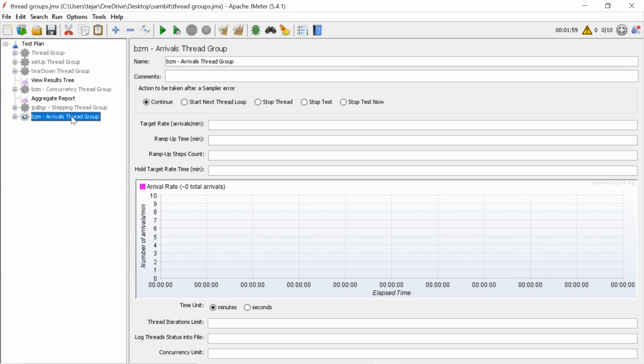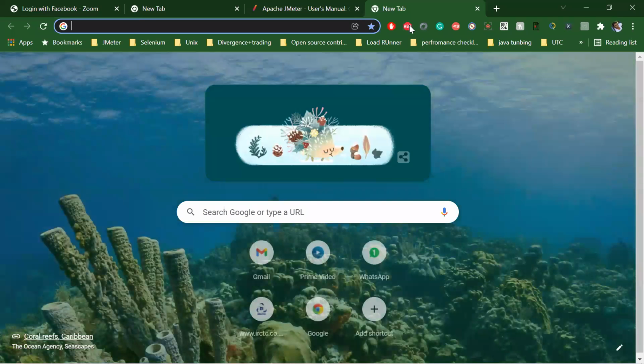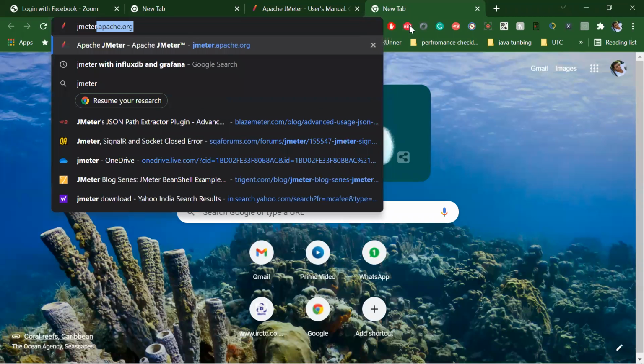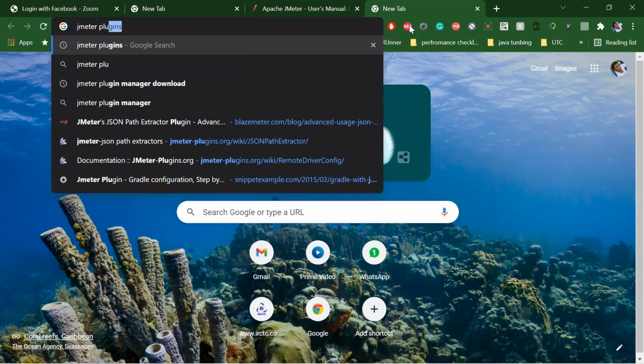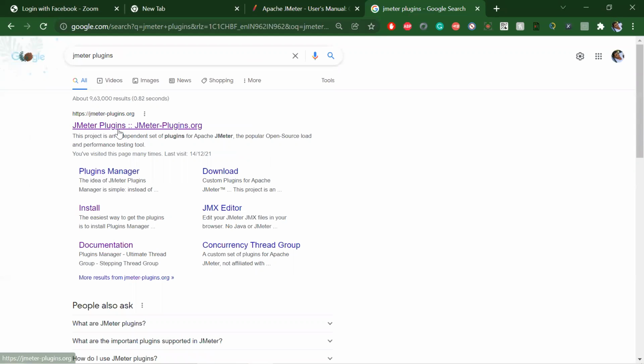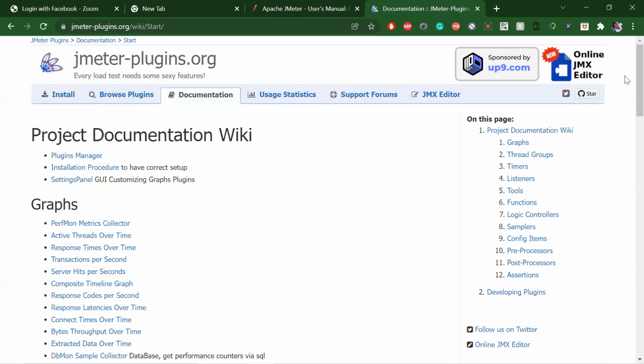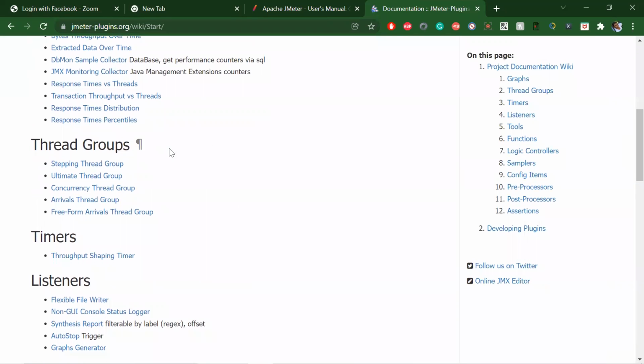So this will do Control H. Okay, shortcut. This is a plugin, right? So let's go to the JMeter plugin documentation and look up the arrival thread group.